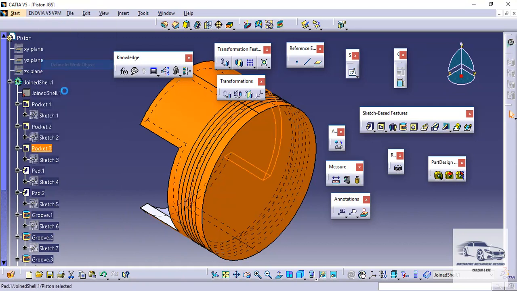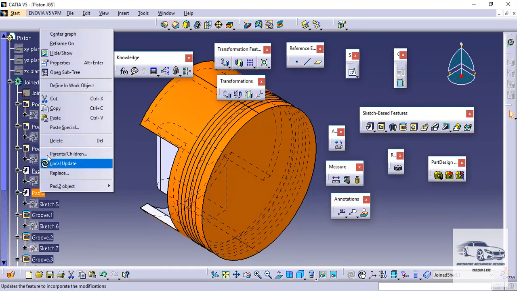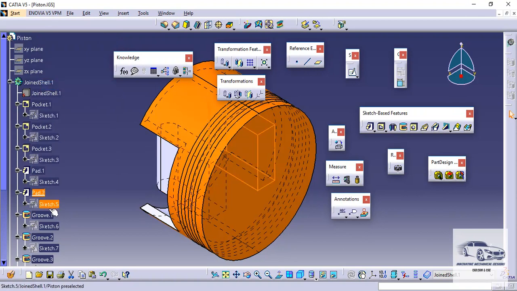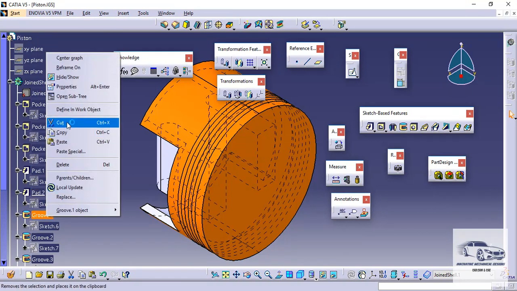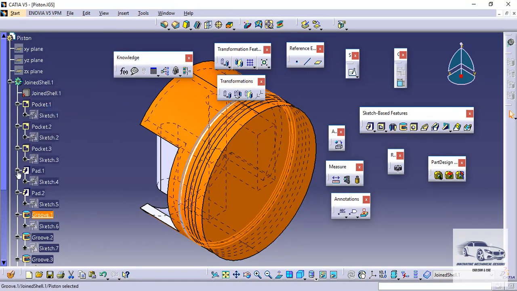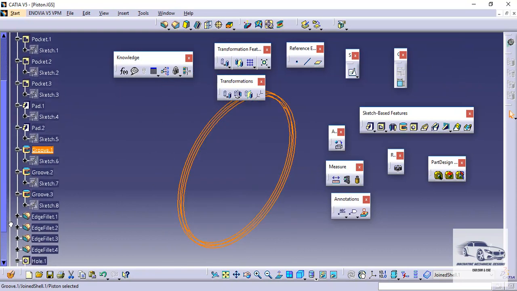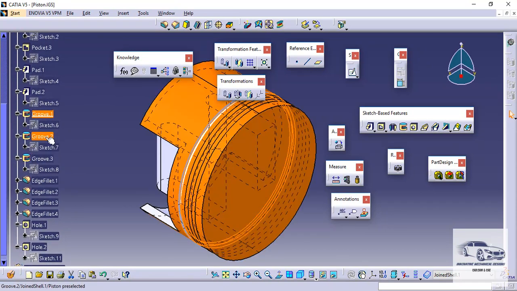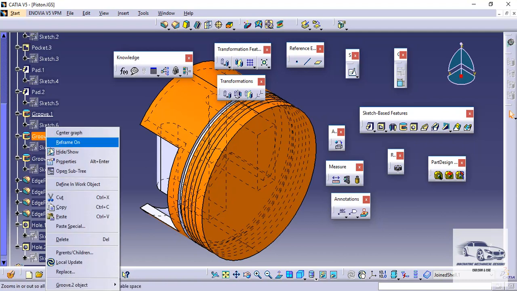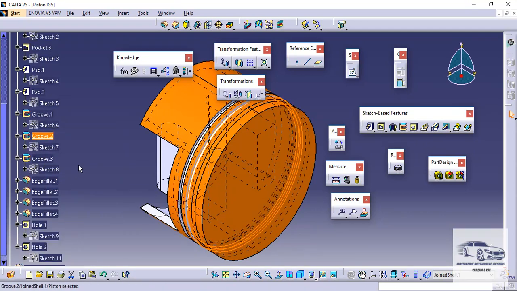Also, we can edit them just like our normal part history features. Obviously, the names of the features here get changed to the convention used in CATIA. For example, for a revolve cut, we are using the convention of groove.